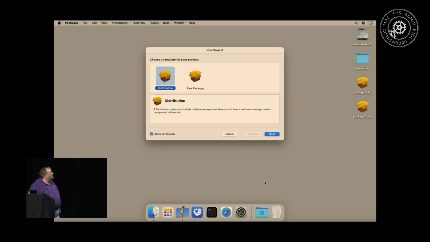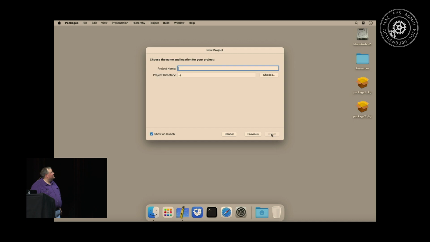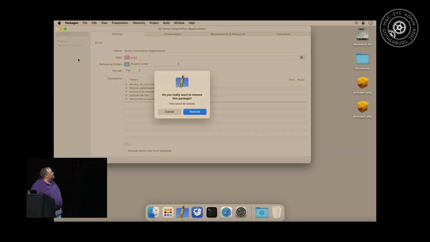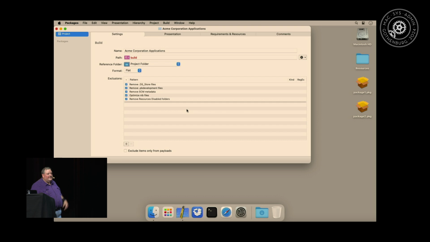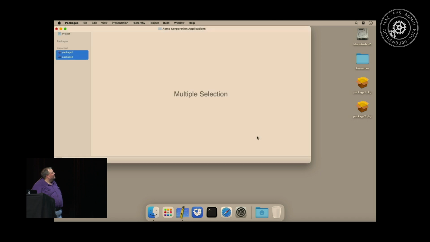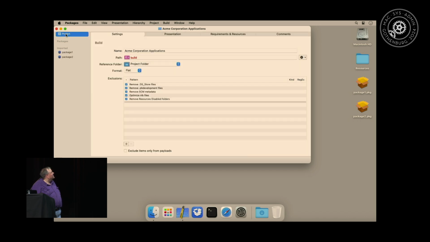So I'm going to go ahead and open Packages. I'm going to select Distribution Package. I'm going to name my project Acme Corporation Applications. All right, looks good. Like I said, Packages will actually set you up kind of a template for a component package. But in this case, I'm going to go ahead and import my packages. So I'm going to select Package 1 and Package 2, hit Import, save my changes. So now that they're in there, let's go back to Project,